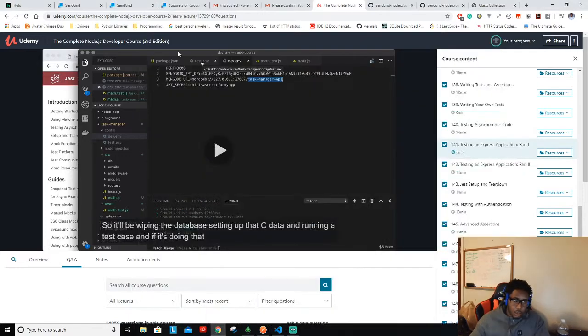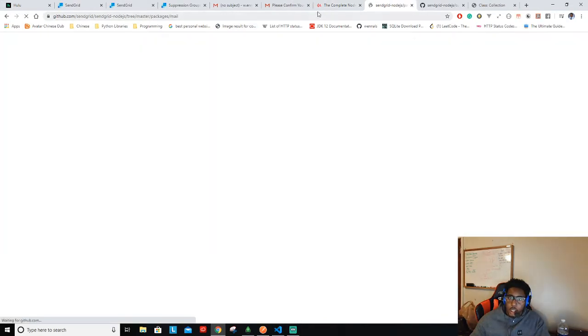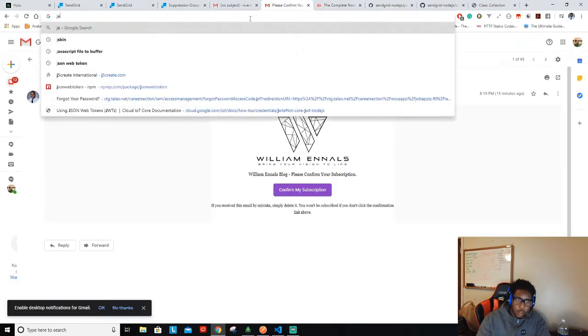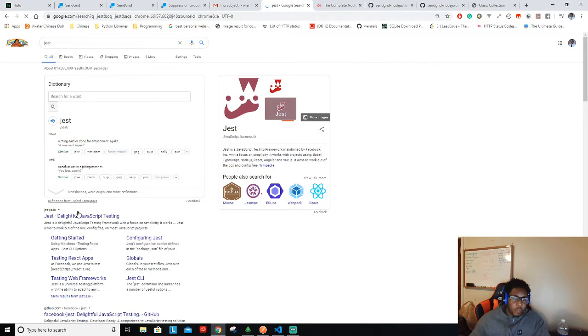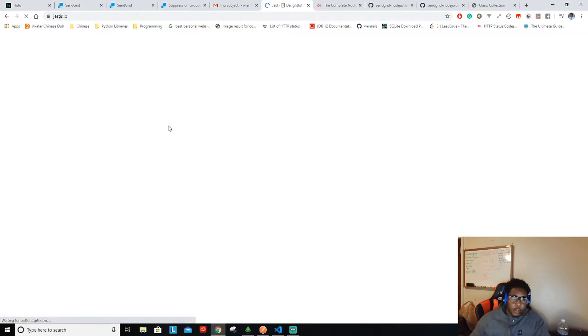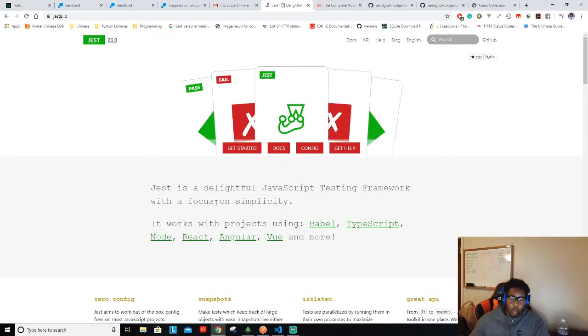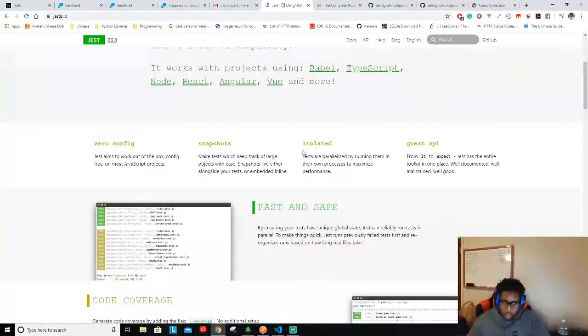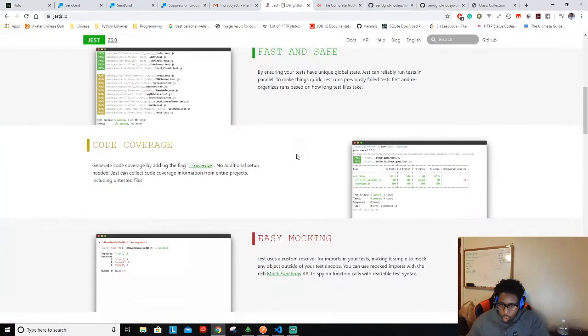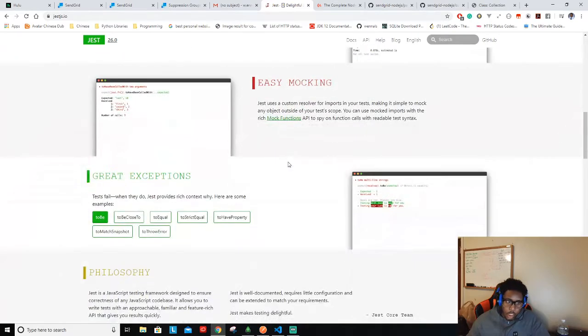And just to show you guys where that is, let's go to Jest. And then if we go here, this is what Jest is. A delightful JavaScript testing framework with a focus on simplicity. I like simplicity. This website is very simple, straightforward. I actually looked at the documentation. It's simple enough for me, because if I have a problem, I can actually read this, and that is